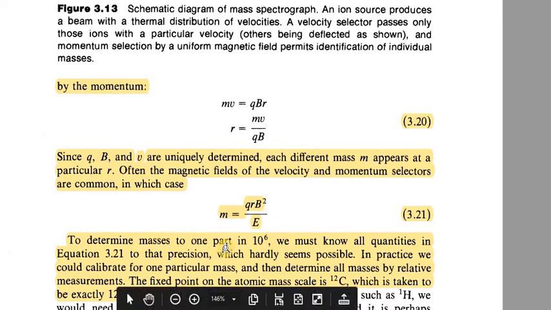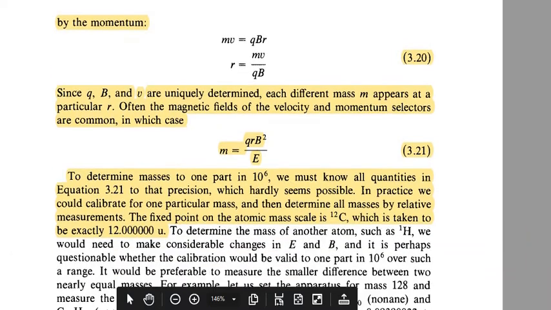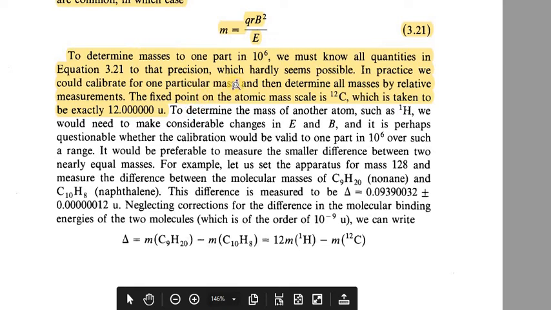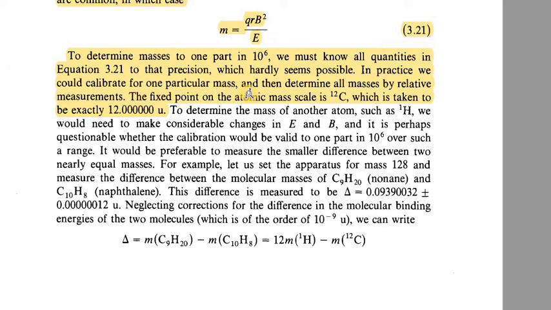To determine the masses to one part in 10 power 6, we must know all quantities in this equation. In practice, we could calibrate for one particular mass and then determine all masses by relative measurements. The fixed point on the atomic mass scale is carbon 12C, which is taken to be exactly 12.000000 U, atomic mass unit. To determine the mass of another atom, we change the electric and magnetic field and perform the same experiment,